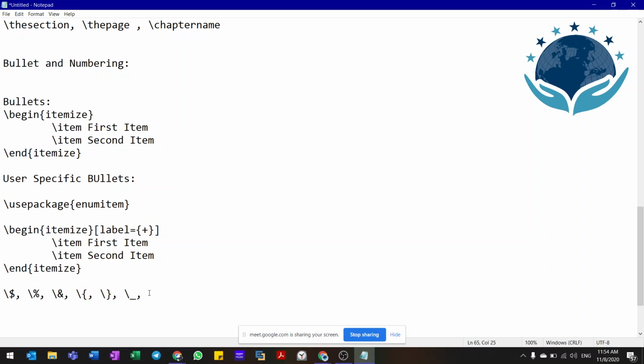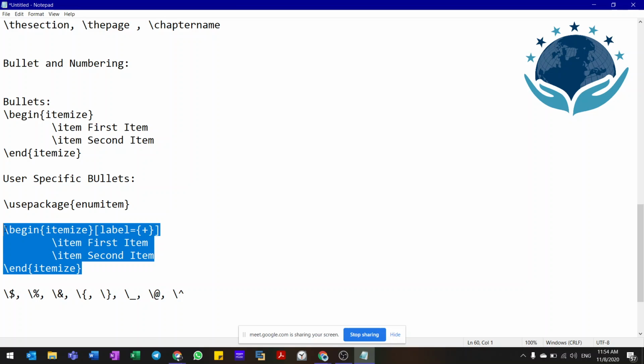Okay, next I think I have covered a lot. For at also you have to use the slash at. And for the caret symbol, the exponentiation symbol, you have to use the slash. So mainly for prominent special characters, you have to go for the backward slash. So this is one thing. Okay, now as of now, what we have done is we have covered how to give the bullets. Now instead of these bullets,